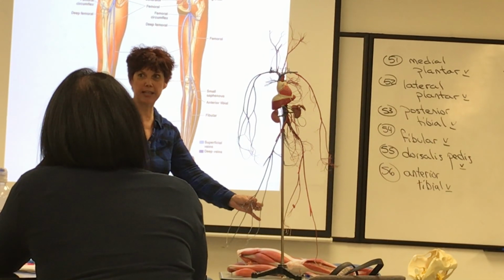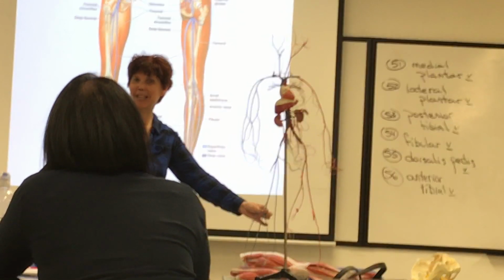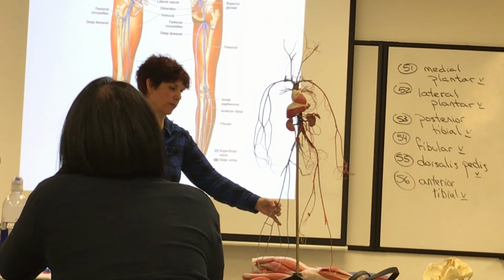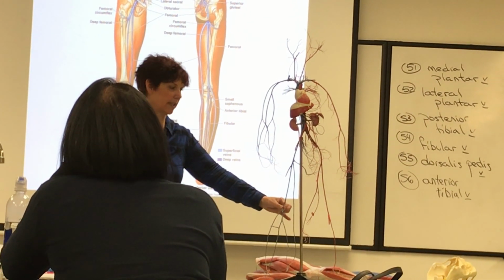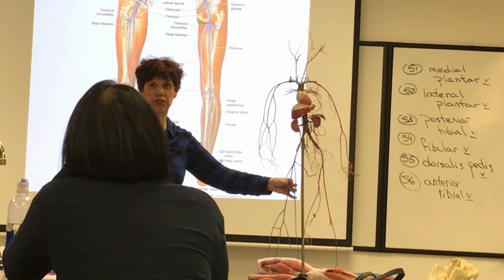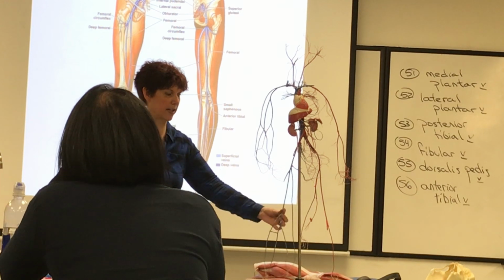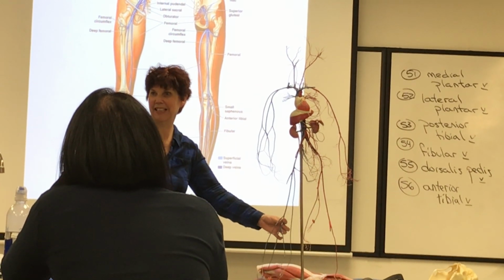So if I tag it right there, it has to be popliteal because it's formed by the union of anterior and posterior, and it's receiving the small saphenous. Now somewhere up in here, it's going to change to femoral, okay? But if I tagged it, I would take it way down here or here. I would tag it on